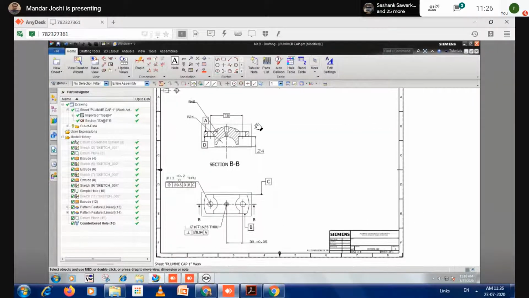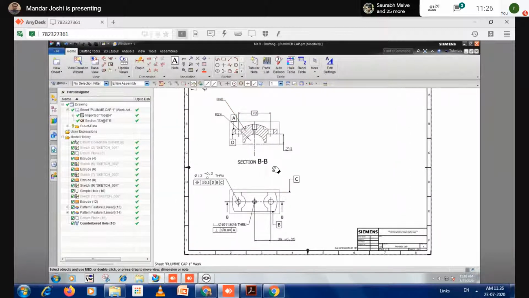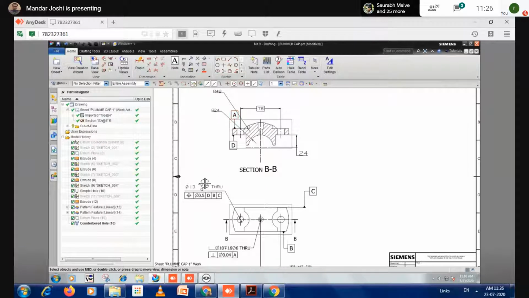Have you understood what I told you first? The maximum portion we finished last time: how to place the datum identifier, how to place the tolerances, and how to place this kind of note and the GD&T feature control frame. Okay, understood this? So all options are available here. Next, I'm going to talk regarding the datum identifier, or sorry, datum target.